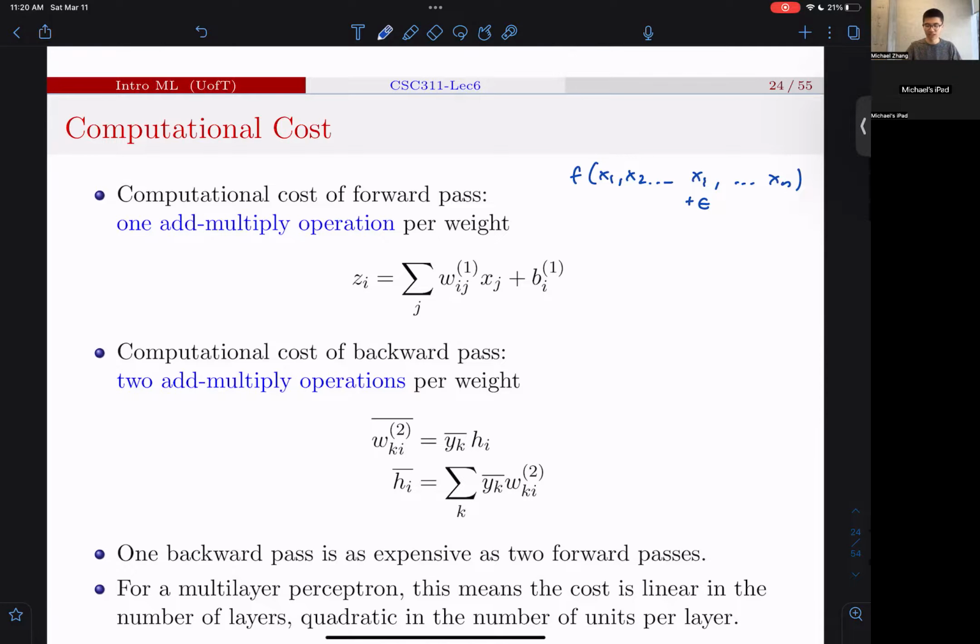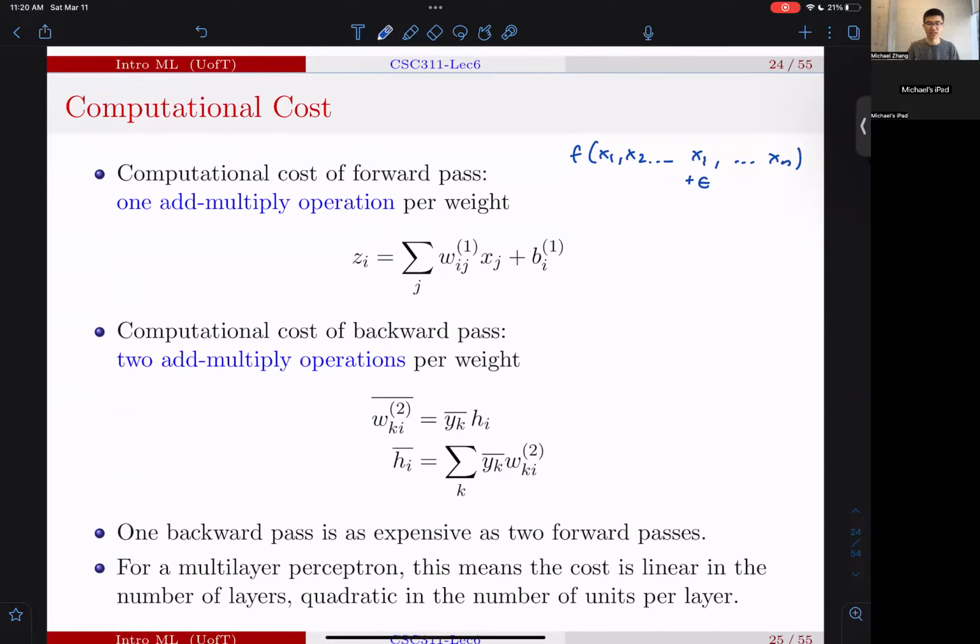When you're doing backpropagation, the weight shows up twice because you need to compute the derivative with respect to the weight, which has a multiply, and then the previous hidden layer also depends on the weight, so there's another add multiply operation. So roughly you can say one backward pass is as expensive as 2 forward passes, and